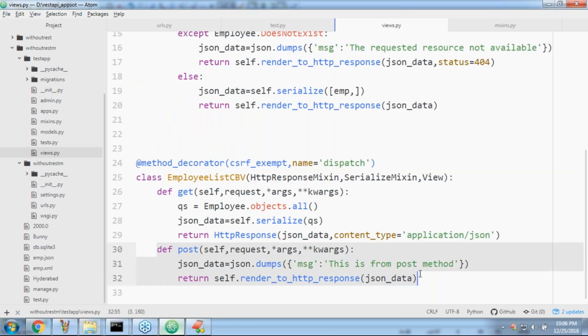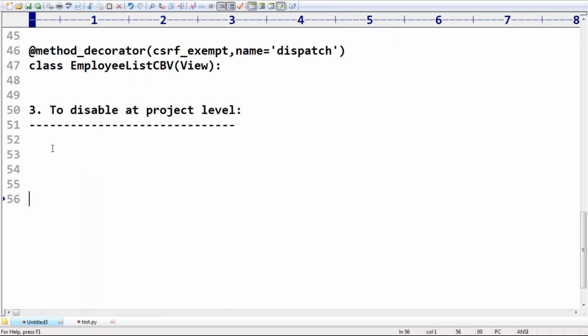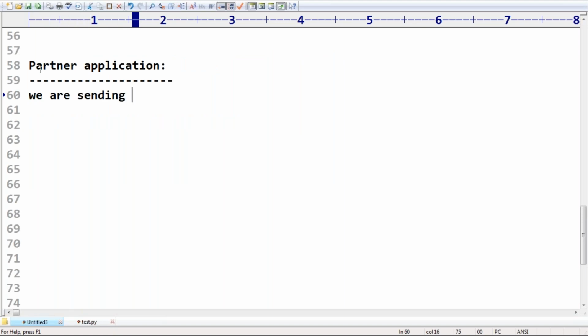Okay, well, first question, listen very carefully. You are sending data to create a resource. We are sending JSON from the partner application to the Django application.